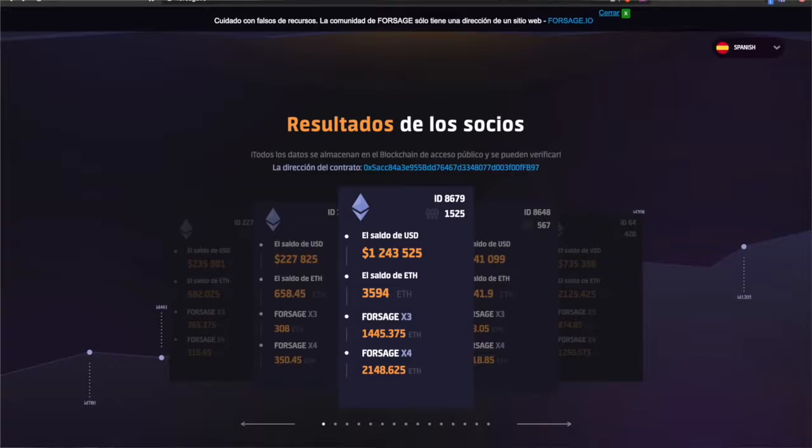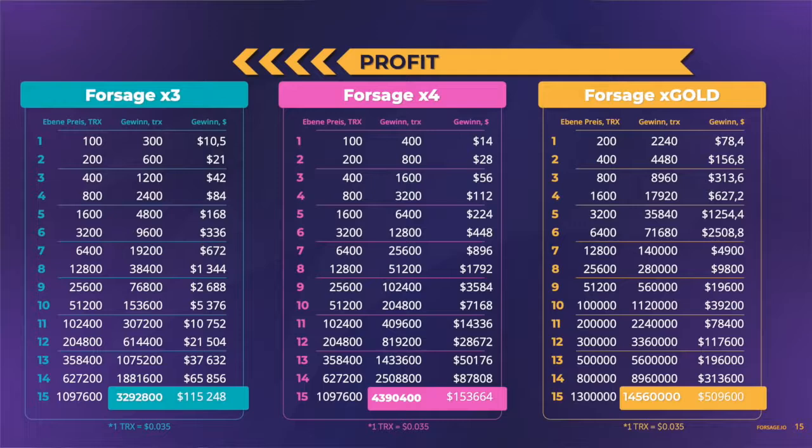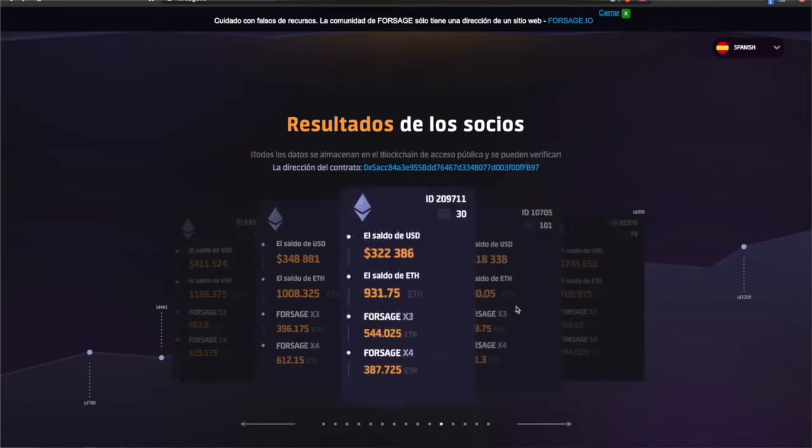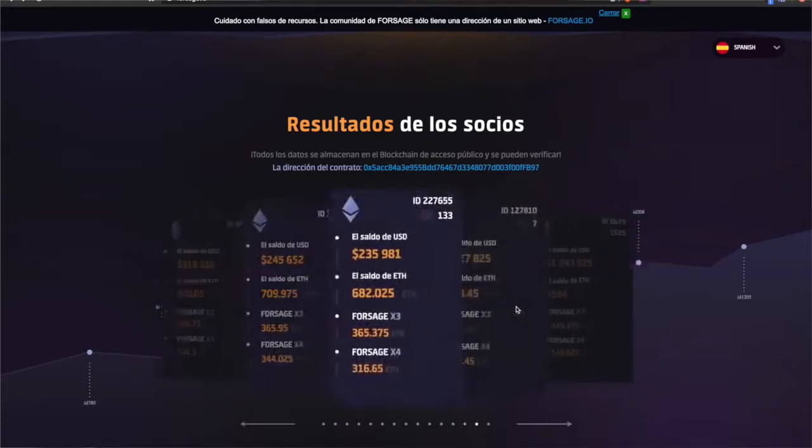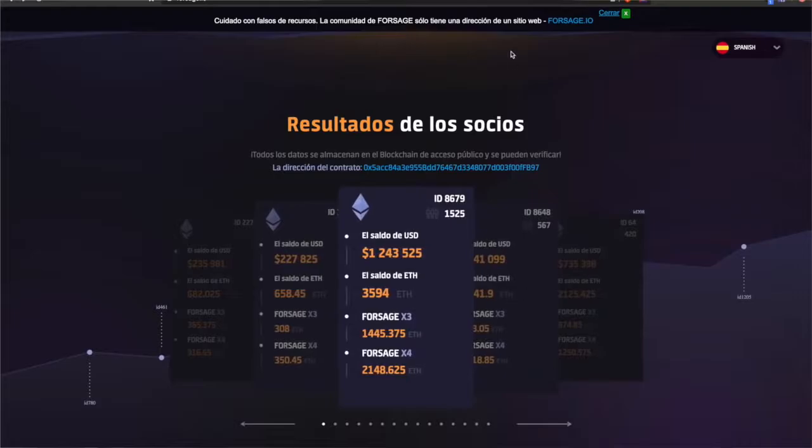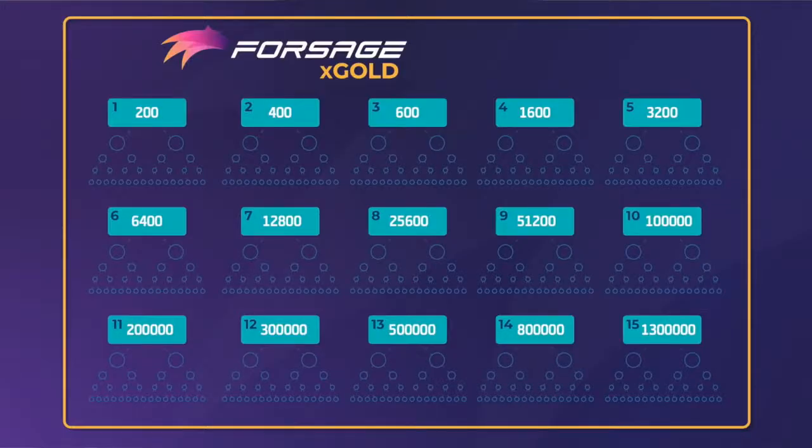The total income of one circle of slots is 17,448,900 trons. It is $610,711 at the rate of 0.035. And in this calculation, only one circle is taken into account. That is, this is an underestimated figure. In reality, it will be much larger. Many partners who have already earned record sums in Forsage were convinced of this. I don't know if the partners who have activated 15 slots are ready to do the same in xGold when it starts. But it's definitely worth it.